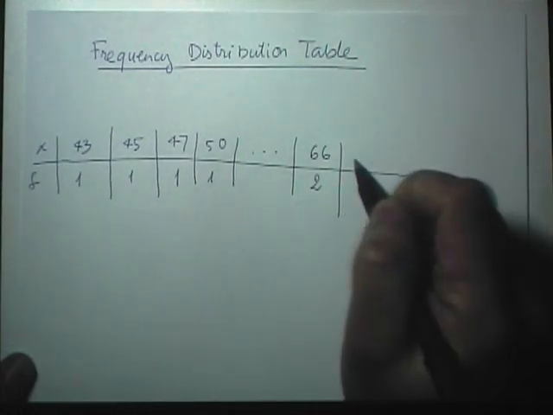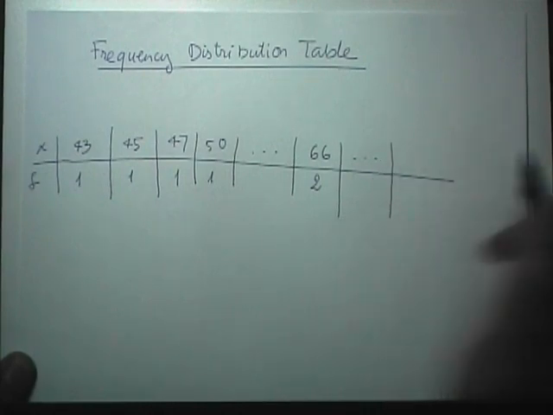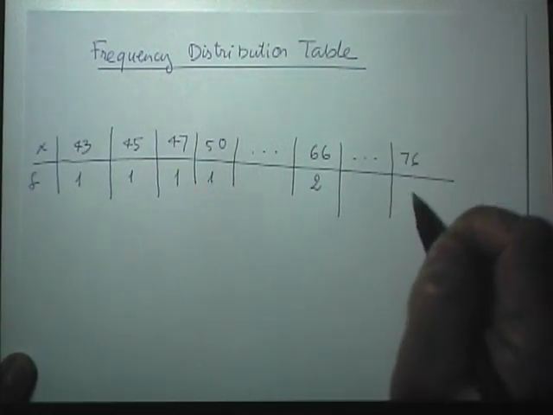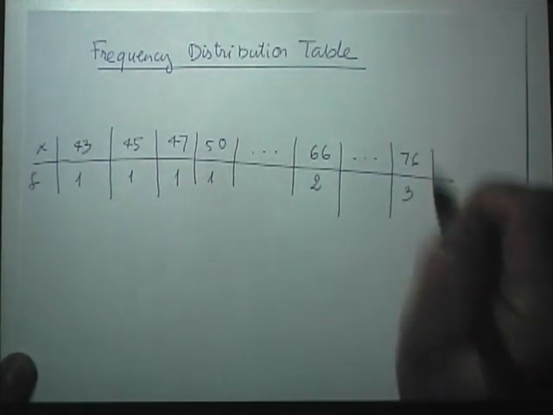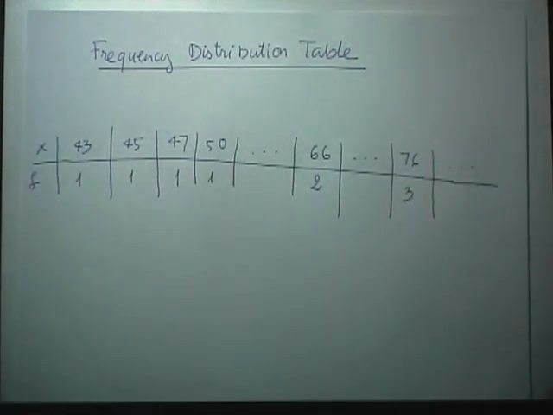And also furthermore when I reach, let's say, 76, there are 3 of them. Okay? And of course your table will not stop right there. Your table can continue growing further until you reach the very last distinct data value. Okay? So that's the idea of a frequency distribution table. Okay? So now what can we do with this frequency